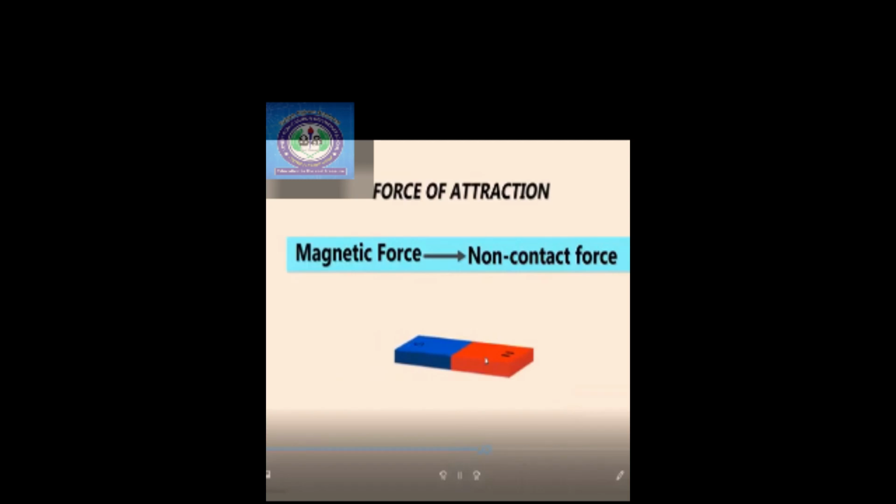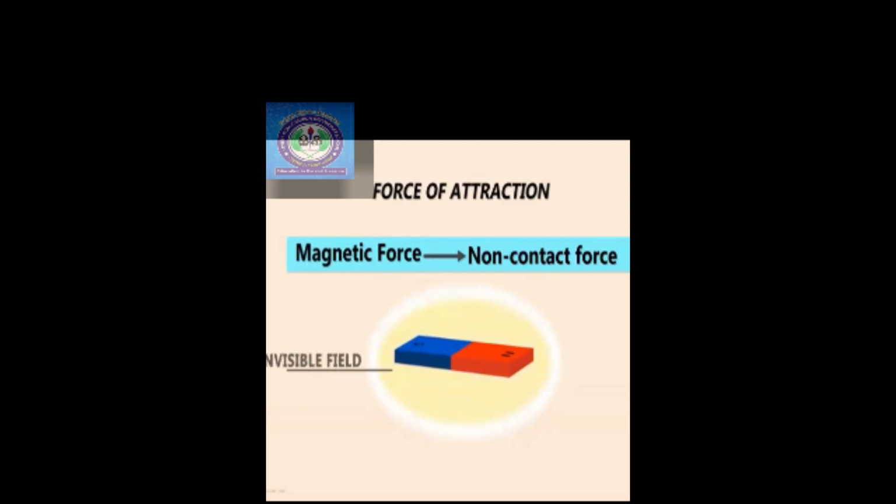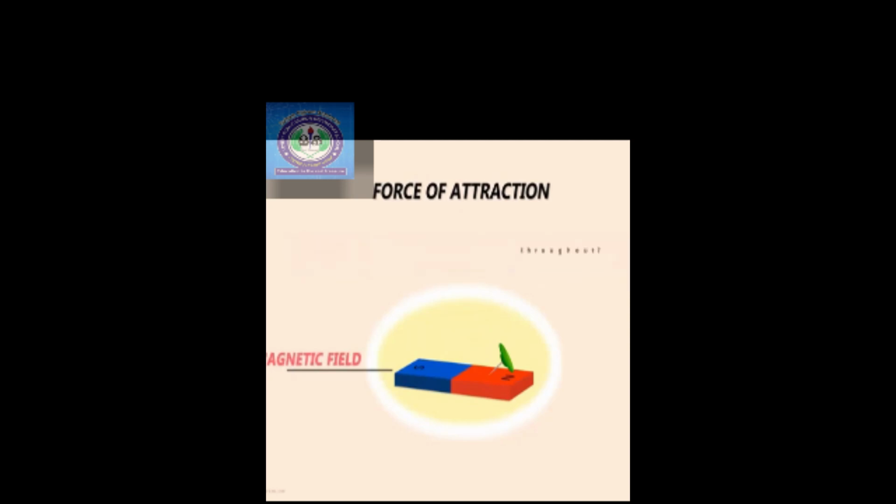It tells us that there is an invisible field produced by the magnet in the space around it. If you bring any ferromagnetic material into this field, then it experiences that force of attraction. We cannot see this field, but it exists. This field is produced by a magnet and hence it's called a magnetic field. Now I'll ask you an interesting question: do you think the strength of this field is even throughout the area around the magnet?